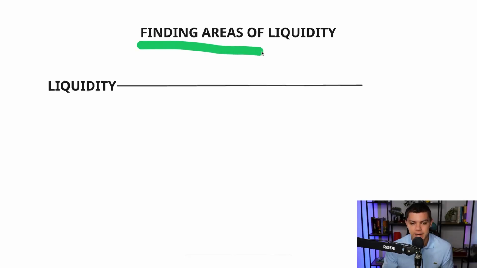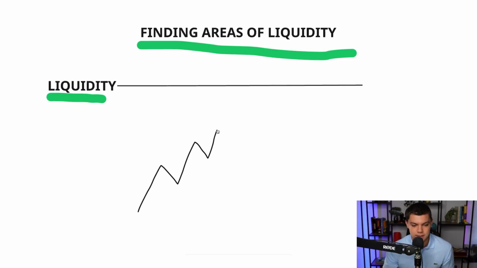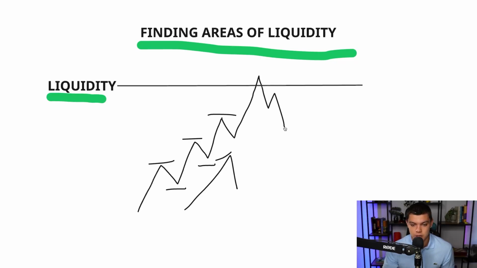It is finding areas of liquidity. Why? Because quite frankly, liquidity is something that can switch the whole market direction. Let's say this is our liquidity right here. And then the market is in a bullish uptrend like this. It moves in higher highs, higher lows, higher highs, higher lows, higher highs, right? It's going up. And when the liquidity gets swept, there's a huge possibility that the trend will actually switch its